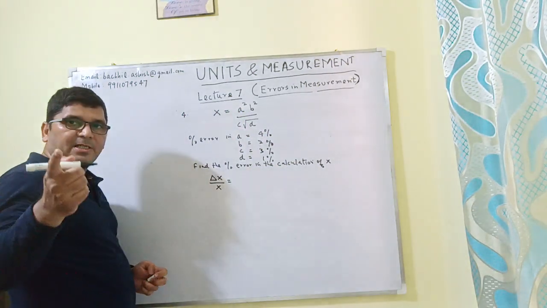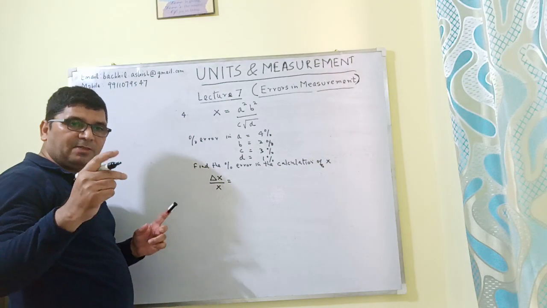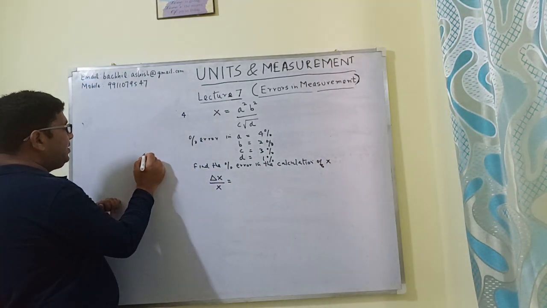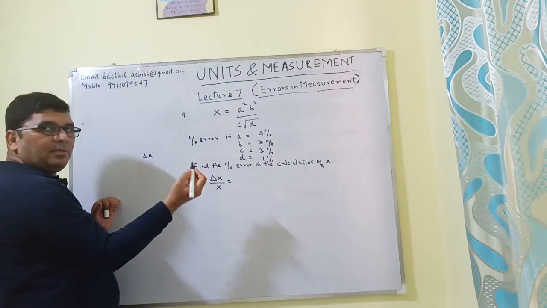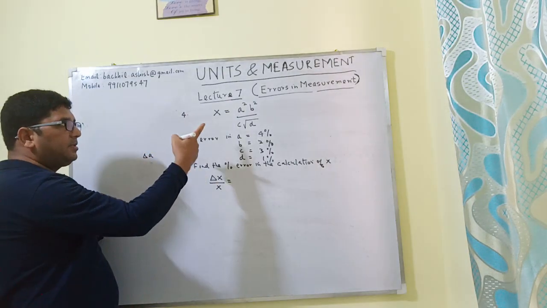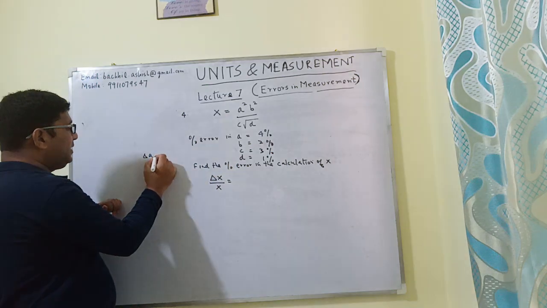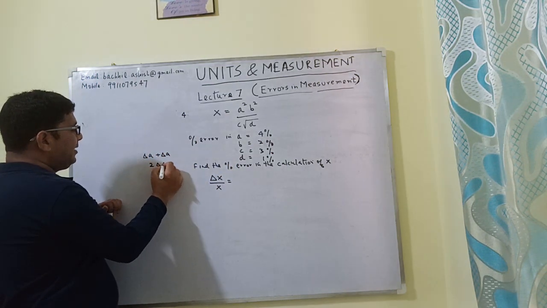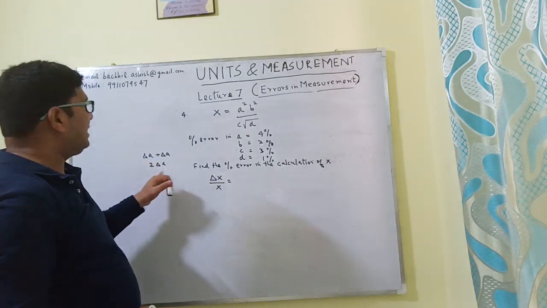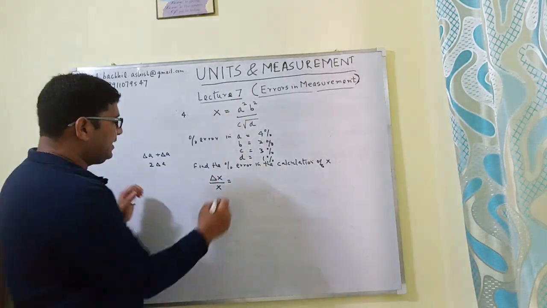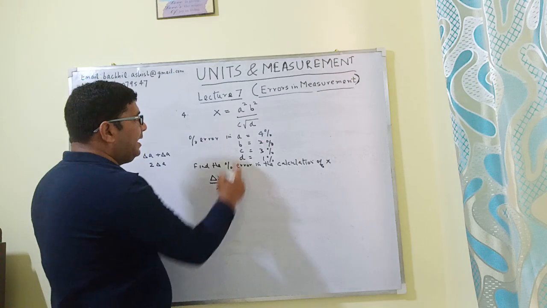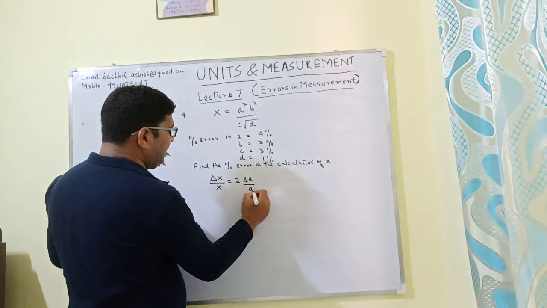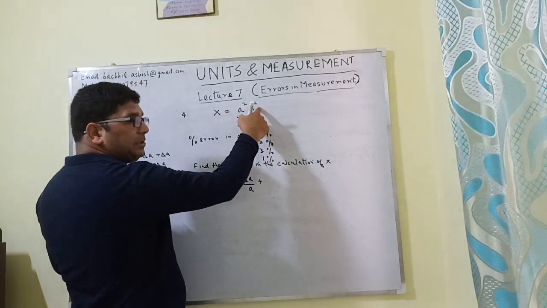So, the error will be added. Let us say the error in the measurement of a is delta a. Again we are multiplying it by a, so the error again will be delta a. So it will be equal to 2 delta a. So what we do is take this 2 here and write it as 2 delta a upon a, plus here also